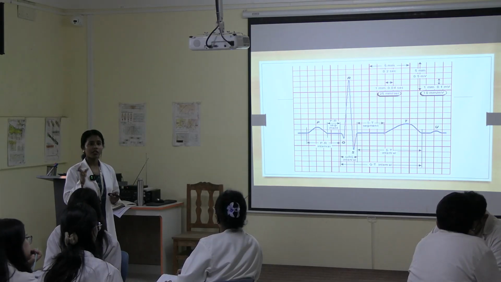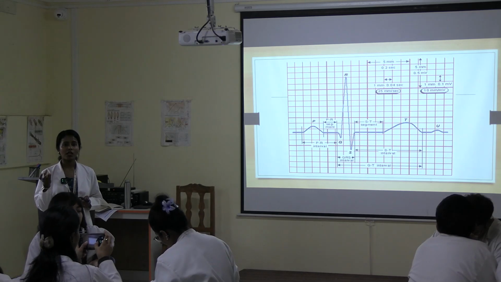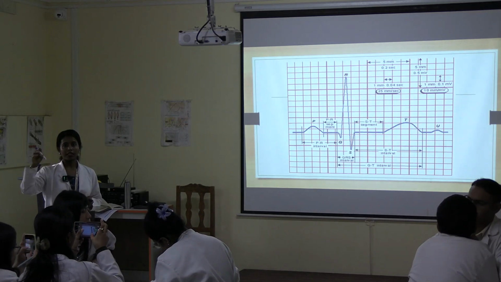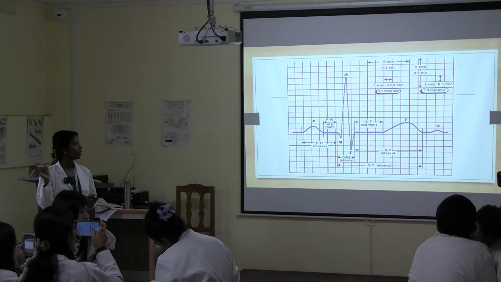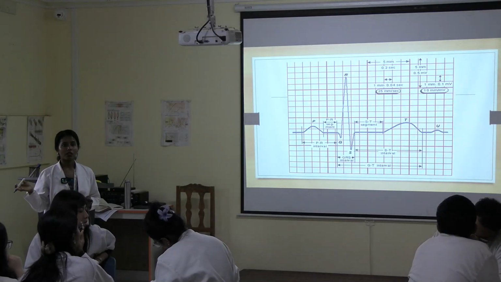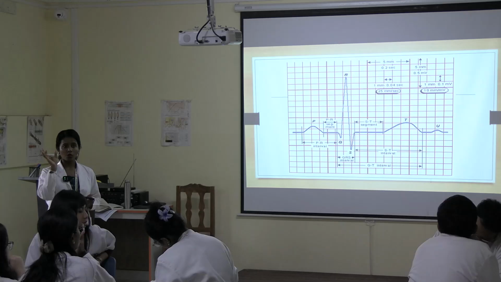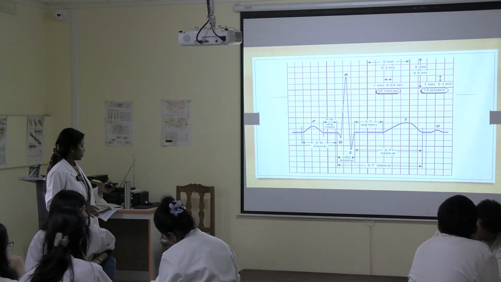Then rhythm, either it will be regular or irregular. So how do you know it is regular? If all the waves are coming at a regular interval, suppose you are counting the RR interval, if it's coming at a regular interval, then the heart rate is regular. If it is not coming at a regular interval, some durations are smaller, some are bigger, then that is irregular. Okay.